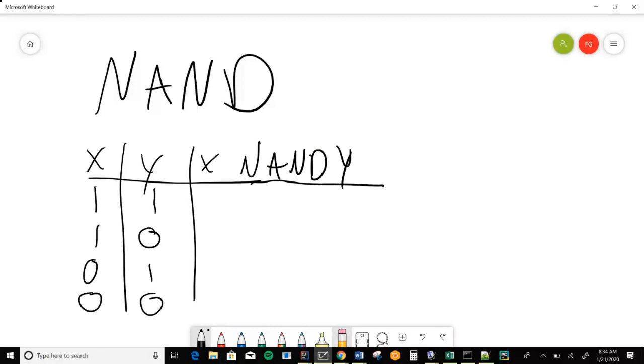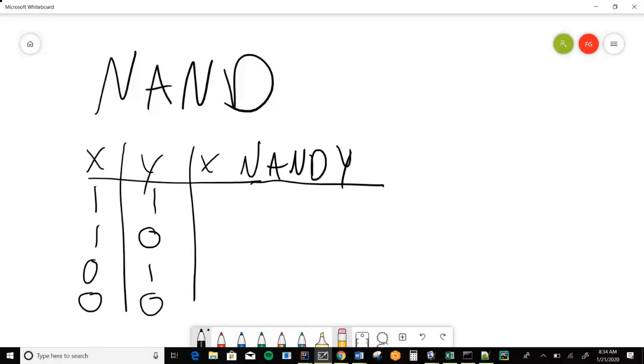So I'm assuming you're all familiar with the idea of and. Somebody remind me what and is. Forget about the NAND part. What's an and? Anybody? Yeah. As long as both are true, then the output is true. But if only one of them is true, then the output is false. Correct. So a NAND is like and, except it's not.